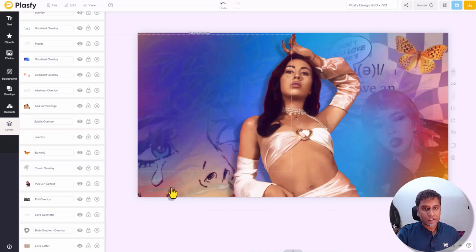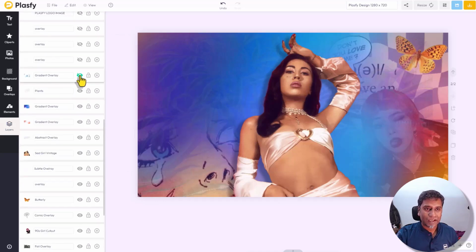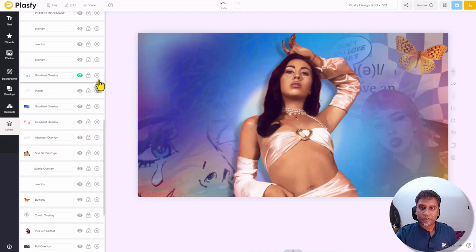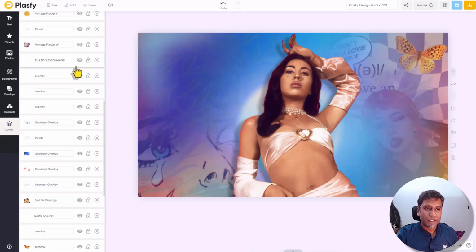Look at this cartoon image there, the sad girl vintage image, and it already gave a very different look to this image, don't you think? Let's add another gradient. Okay, now to get some highlights behind her, we added this gradient. That's nice. So pick and choose the gradients that you want to use for the purpose you're looking at. We have another overlay, another overlay.